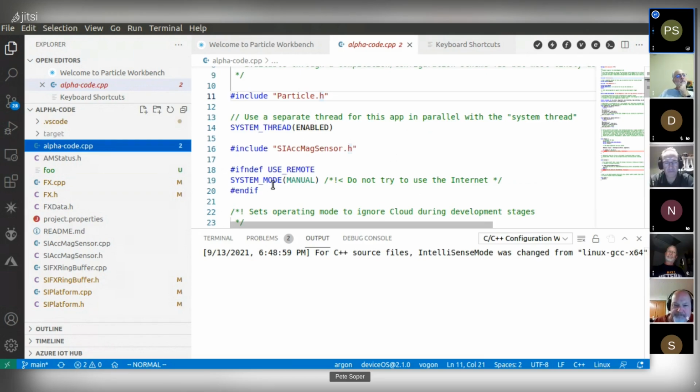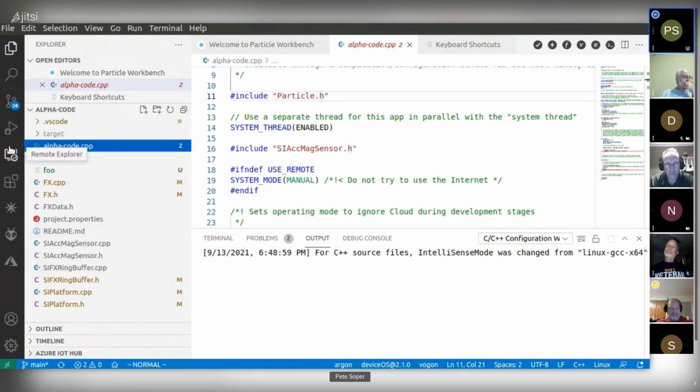Particle Workbench is a plugin, and as you can see, it allows you to see your source code. It has an area where output is shown, and it shows the tree of files. Mine is completely flat. I am a very lazy person, and when it comes time to structure some of these components, and we decide they should be libraries in their own little directories, then we'll do that. But for right now, it's just flat.